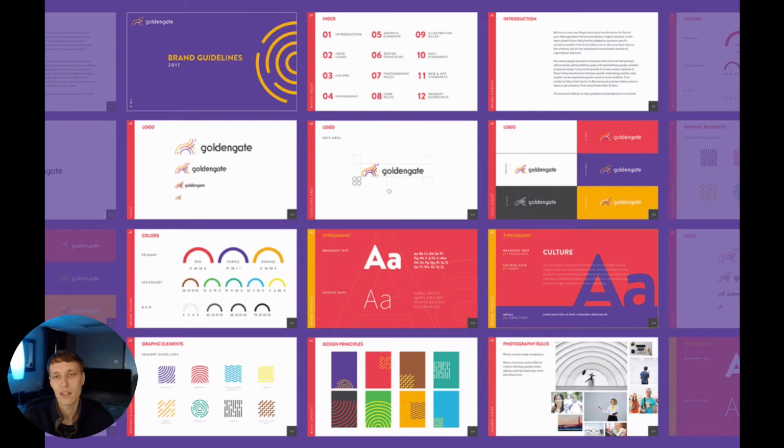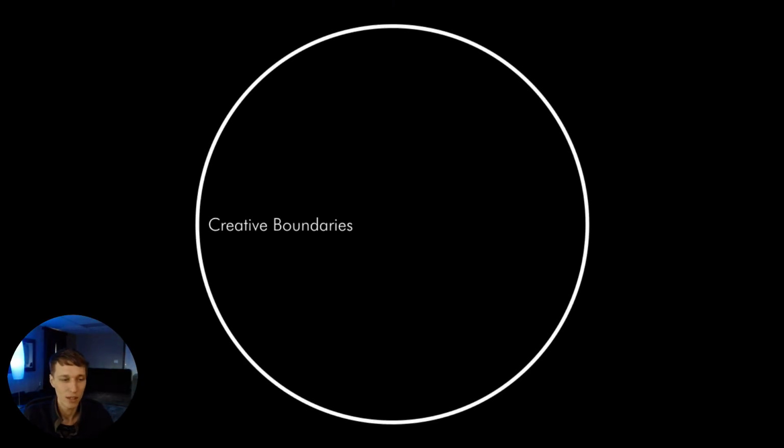there's a few things that an identity system really helps us do. Number one is creative boundaries. All right. If we don't have an identity system or a sort of method to the madness, then we almost have to recreate the wheel every time we promote something or create packaging or put something out there. If we want it to be consistent, it's going to be really hard if we don't have a system in place to help us create that consistency.